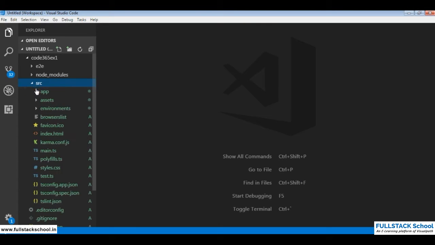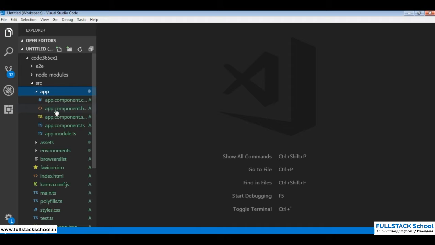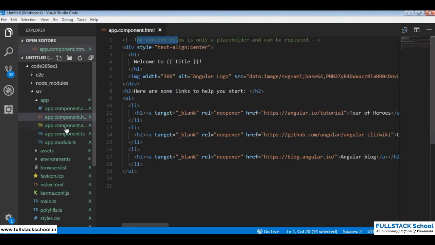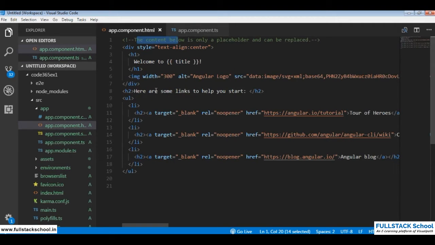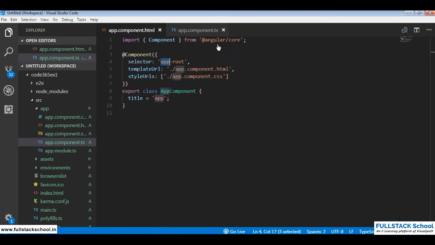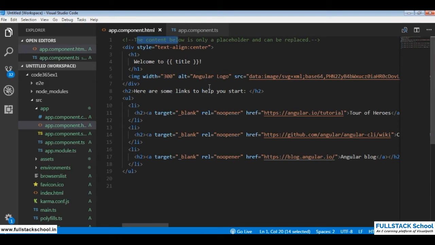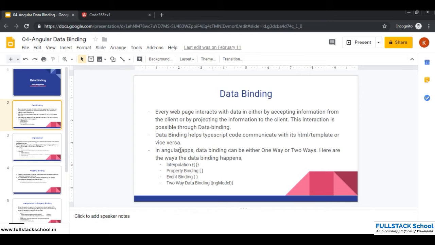Let us take the root component, app component, and the TypeScript component. You pass some information from HTML and TypeScript receives that information. TypeScript does some modification or processes that information and passes it back to HTML, and you get to see that on screen. This thing is called data binding, and this is done in the below ways.